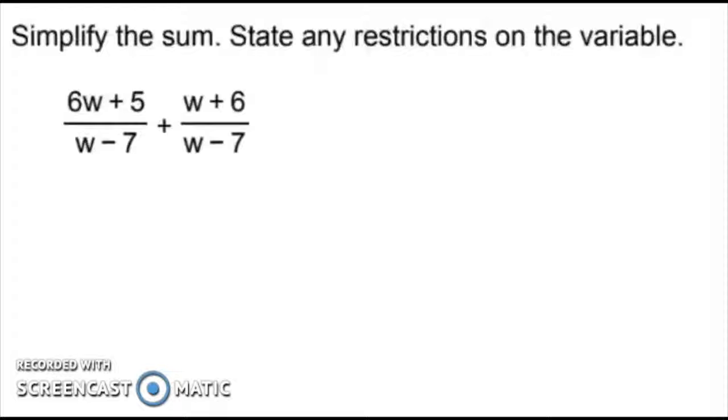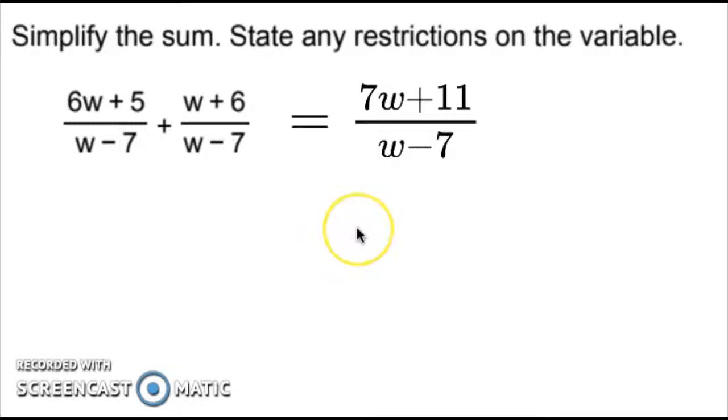Number 49 says to simplify the sum and state any restrictions on the variable. Denominators are the same, so we just add the numerators. So 6w plus w is 7w, 5 plus 6 is 11. So 7w plus 11 over w minus 7. Now to find the restrictions, set w minus 7 equal to 0. Add 7 to both sides, you'll get w not equaling 7. You can add 7 down at the bottom to give you 0 down here. So the restriction is w cannot equal